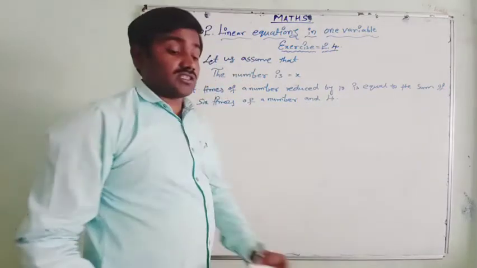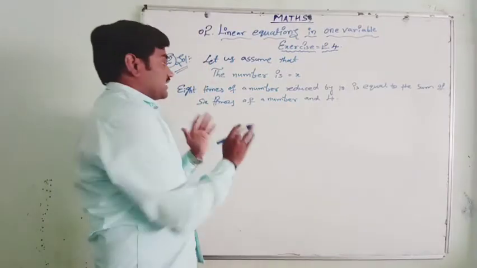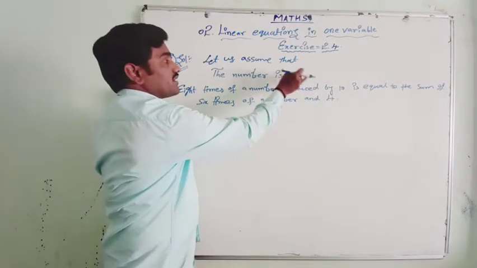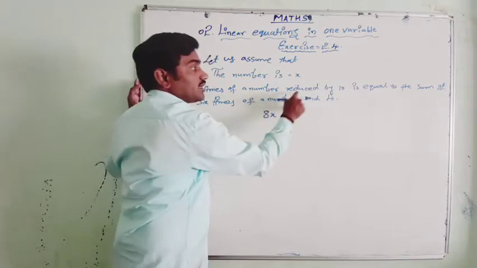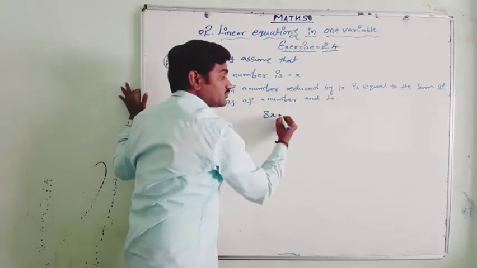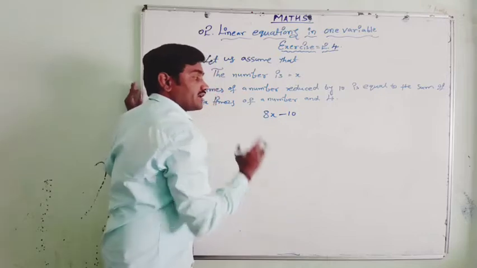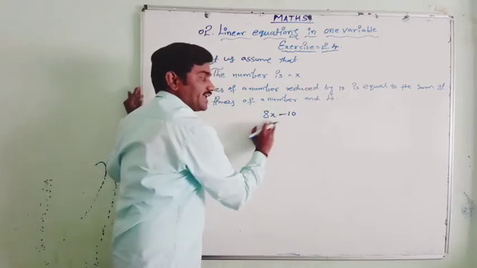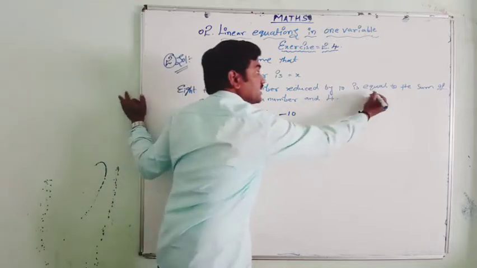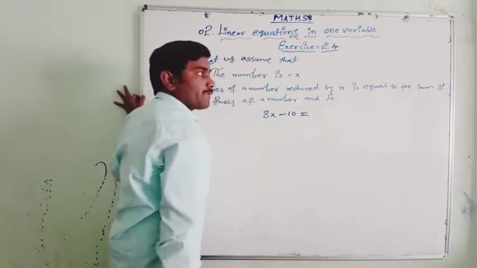Let us read this statement once again clearly. 8 times a number, the number is x, so 8 times the number is 8x. It is reduced by 10, and reduced means minus. So 8x minus 10. 8 times a number reduced by 10 is 8x minus 10. This is equal to,